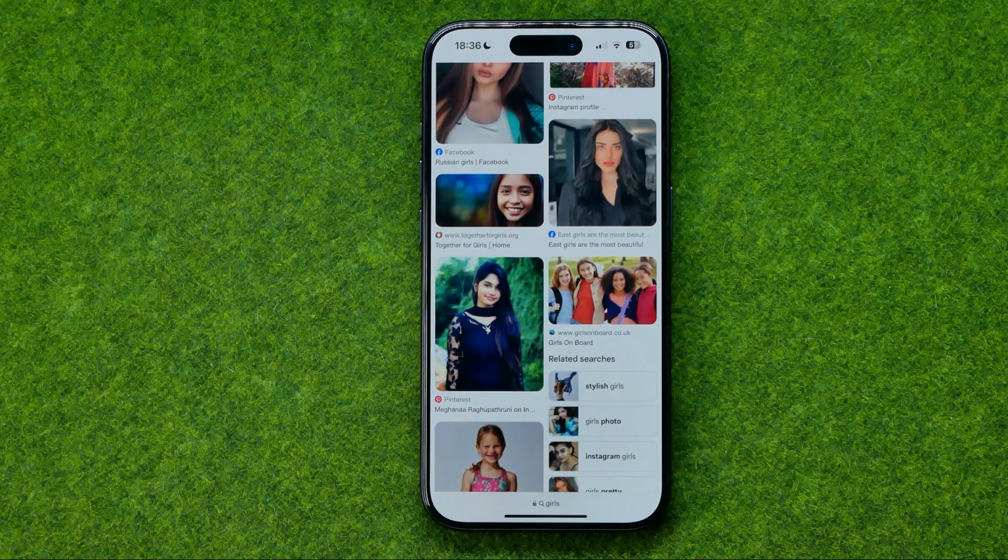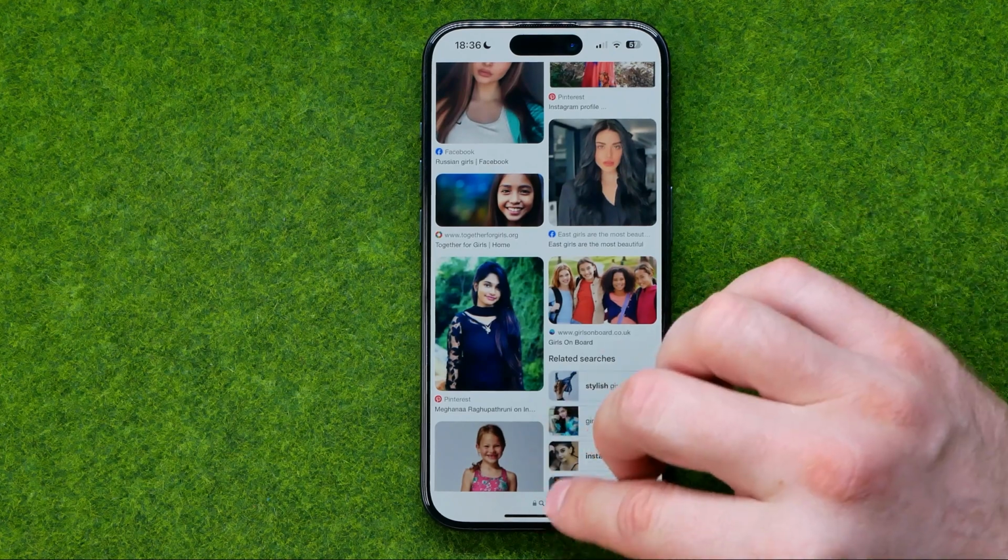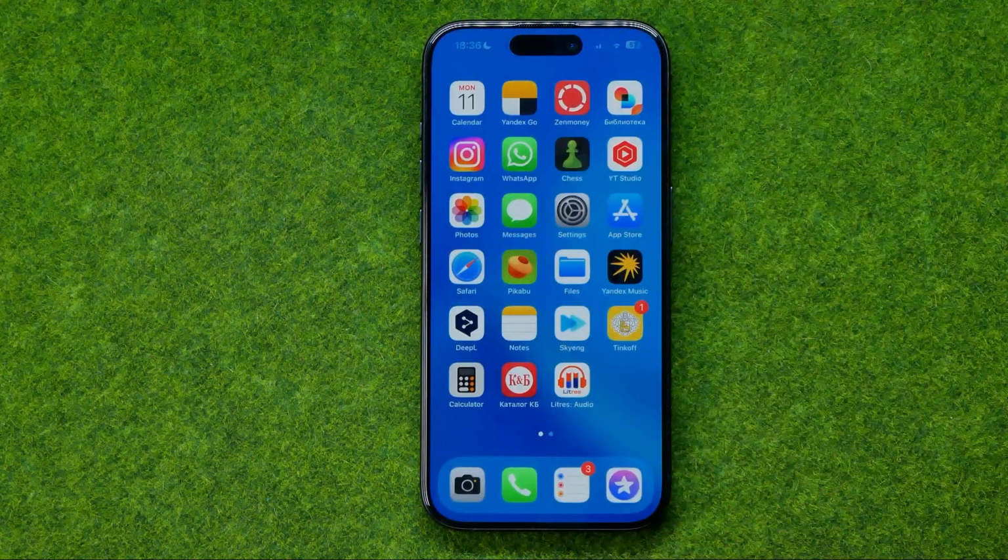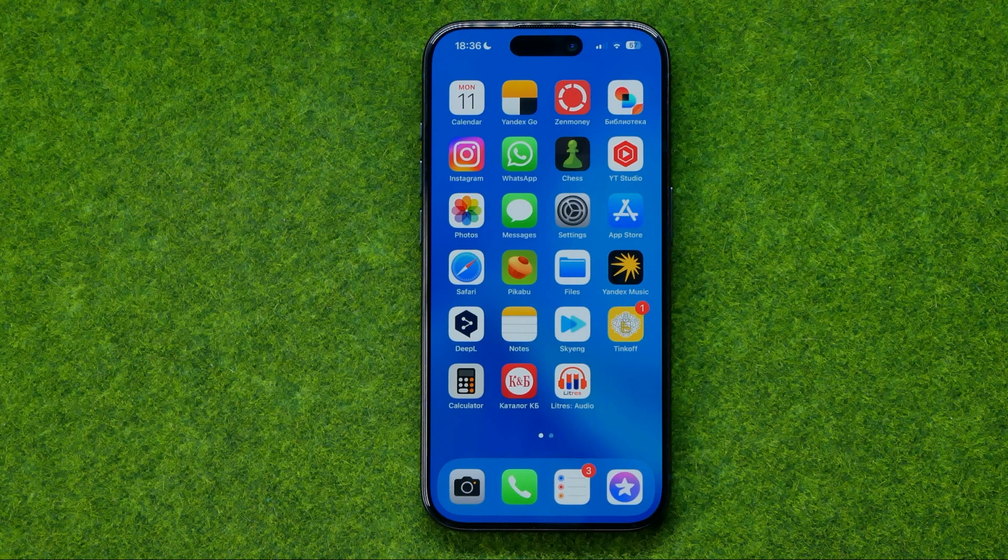In this video, I'm going to show you how you can easily find Safari downloads on an iPhone or iPad. Be sure to watch the video to the very end so you don't make any mistakes. Let's get started, and first off, let's say you have recently downloaded a file and now you are wondering how